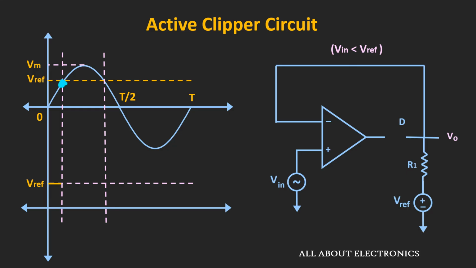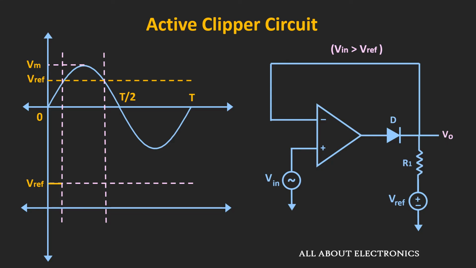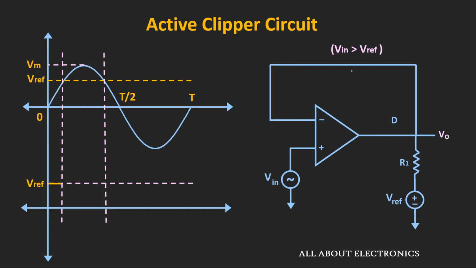Now after this point, the input voltage V in will be greater than V reference, and due to that we can say that now this voltage V plus is greater than V minus. So during this time, whenever the input is greater than V reference, the output of the op-amp will go towards the positive saturation, and due to that now this diode starts conducting, and we can replace this diode as a closed switch. So when the input voltage is greater than the reference voltage, at that time the output will follow